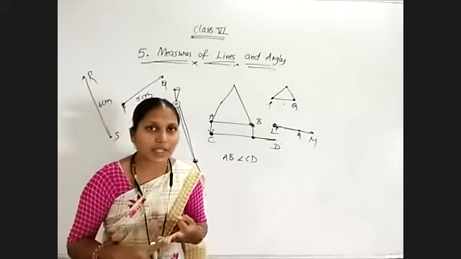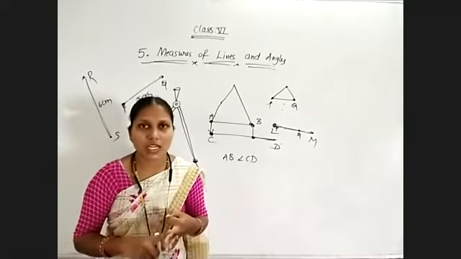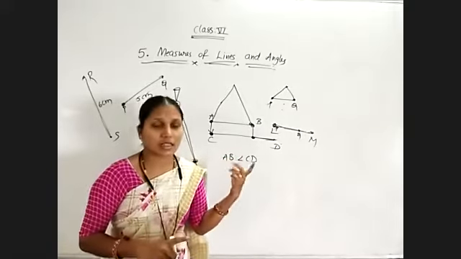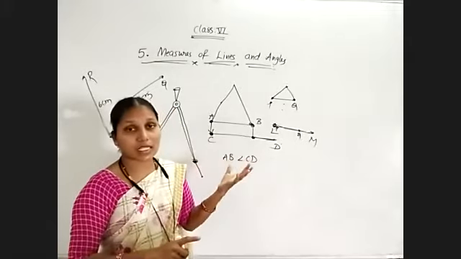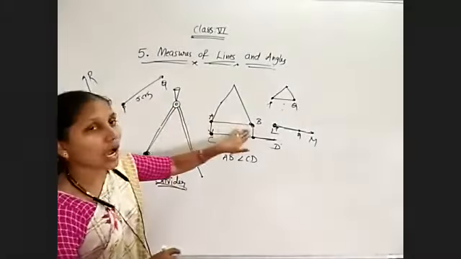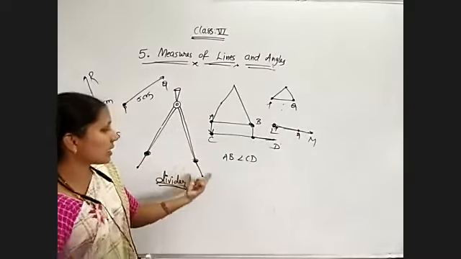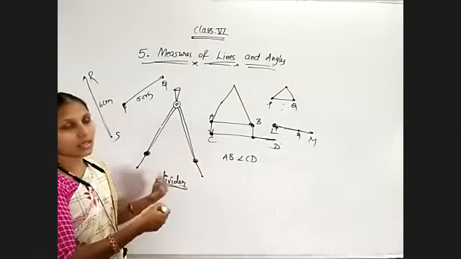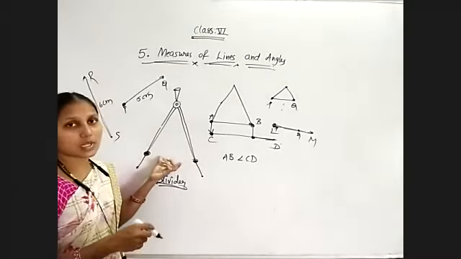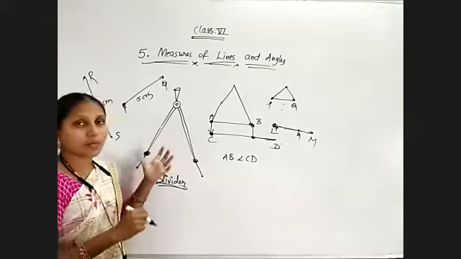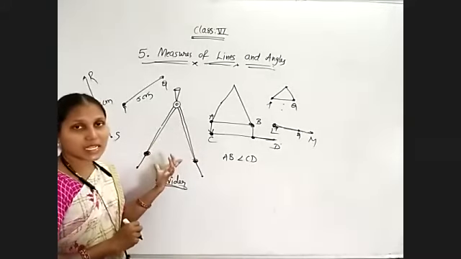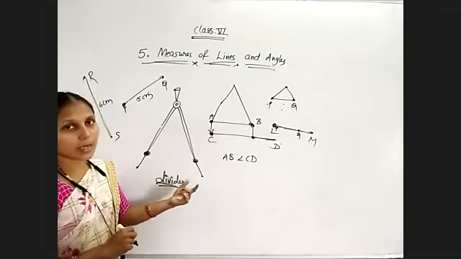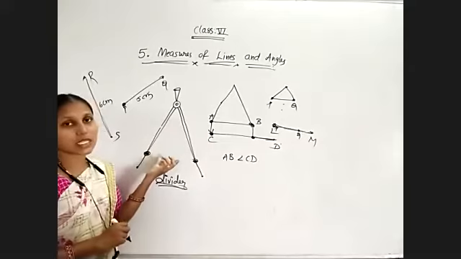Next, thirdly we have the set square. Set squares are in the shape of a triangle. And next we have the divider. The divider is the instrument which has two arms, and on both sides you will get pointers, compulsorily inbuilt. This instrument is not used for drawing. This is used to measure, that's all. So this instrument helps us compare two line segments. For comparison of line segments we are using the divider.